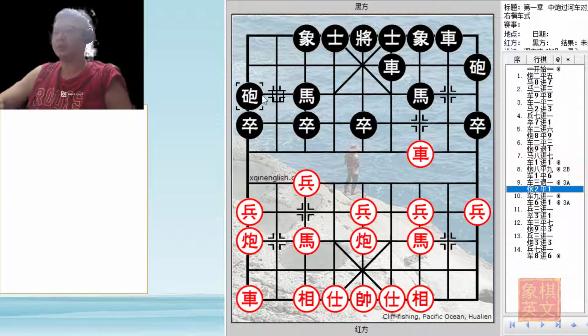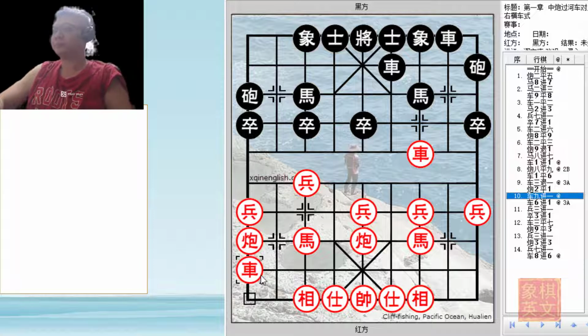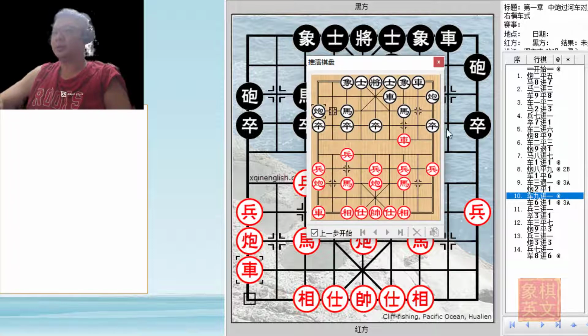Black would take his time, play c2 equals to 1 to consolidate his position. r9 plus 1, red will activate his left chariot to lend support to the right flank. This would also discourage black from advancing the chariot to attack. This is an improvement over old school methods, whereby instead of this move,